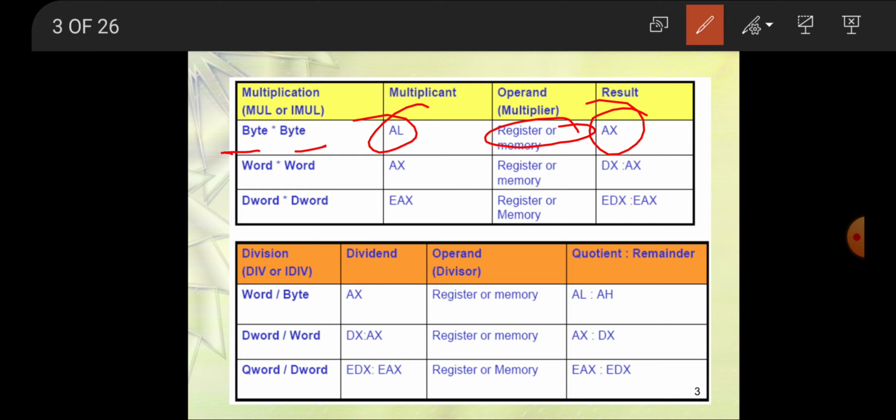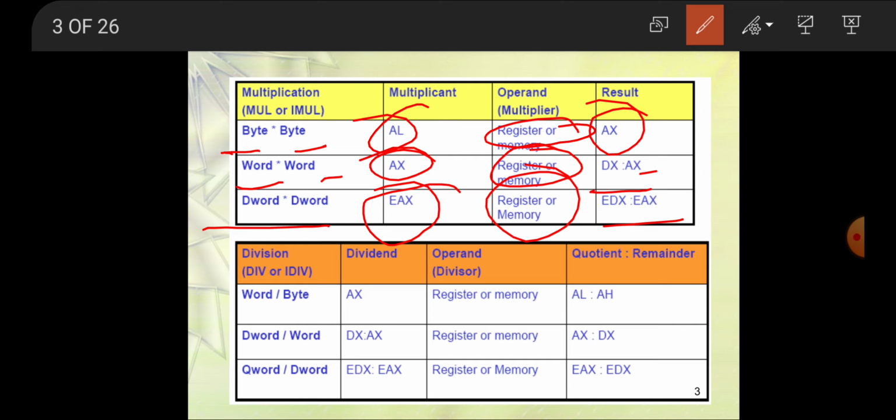Suppose we multiply word into word, the multiplicand is AX, the multiplier is a register or memory, and the result is stored in DX and AX. For double word and double word, the multiplicand is EAX, the multiplier is a register or memory, and the result is stored into EDX and EAX.